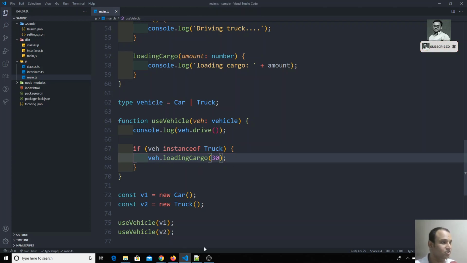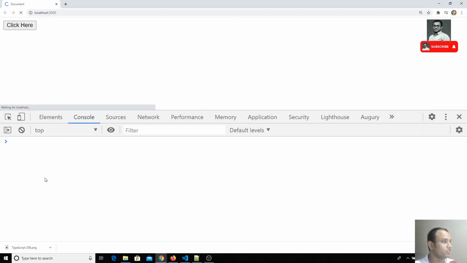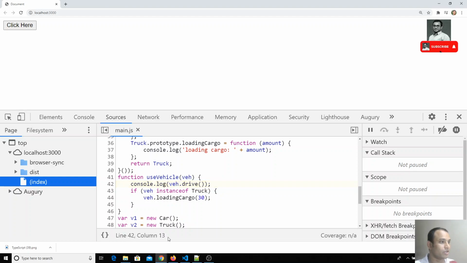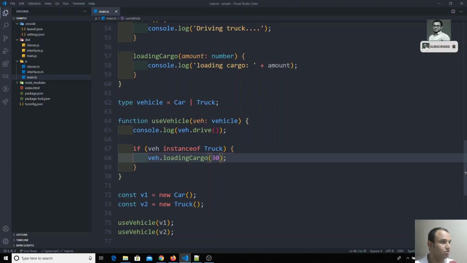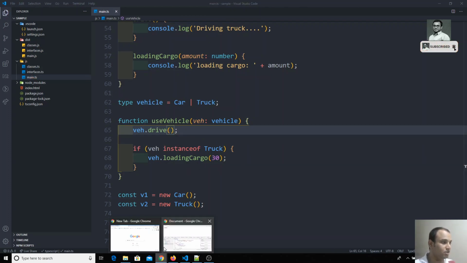That is the reason it is sending the error. Now if I refresh, I am again getting undefined. Again I am using console.log for useVehicle. Oh, this is all wrong. Okay, fine, not a problem, sometimes it happens. If we keep console.log, that is also not a problem.